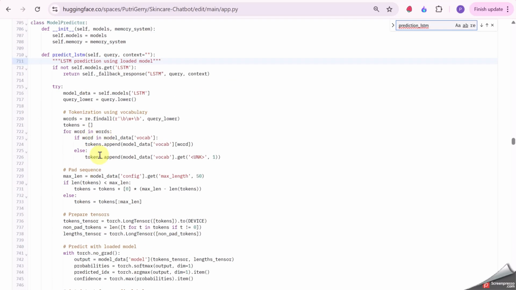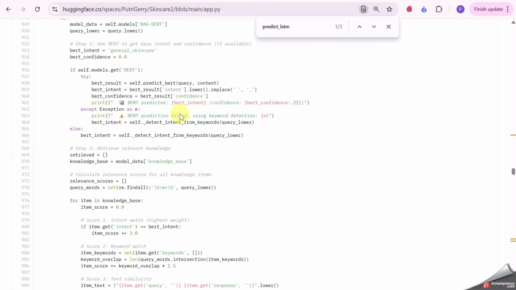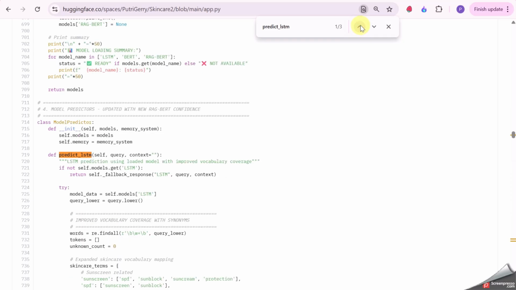This is on the prediction LSTM. It doesn't have the synonym section. And in here we have synonym prediction LSTM.